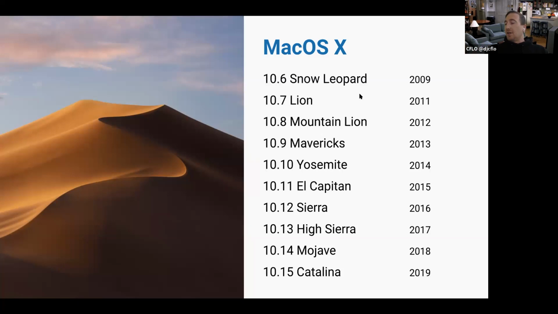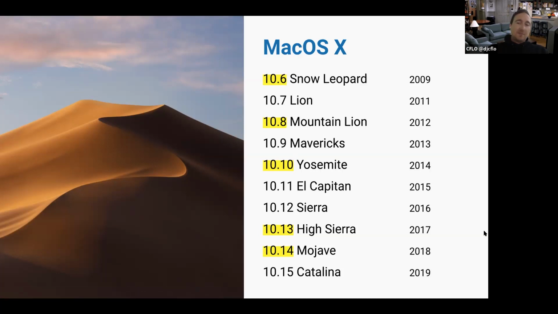So you can see a pattern that it seems to be almost every other version is the stable one. And these I've highlighted here are the ones that I think you should take note of as the good ones. Now, you can see between 10.7 and 10.8, they had to fix Lion with Mountain Lion. It wasn't like a giant leap, it was a revision and it fixed it. And then they kind of dropped the ball between Yosemite and El Capitan and Sierra, because El Capitan was too heavy and then Sierra was too heavy too. So they had to come out with High Sierra. So these are the ones that I consider to be the stable releases and the ones for professional use.